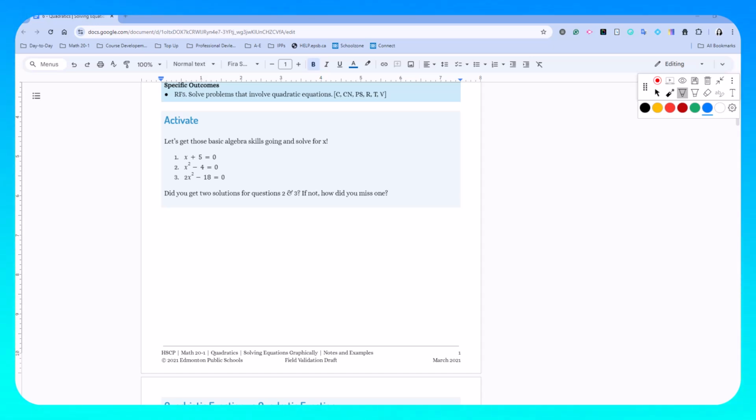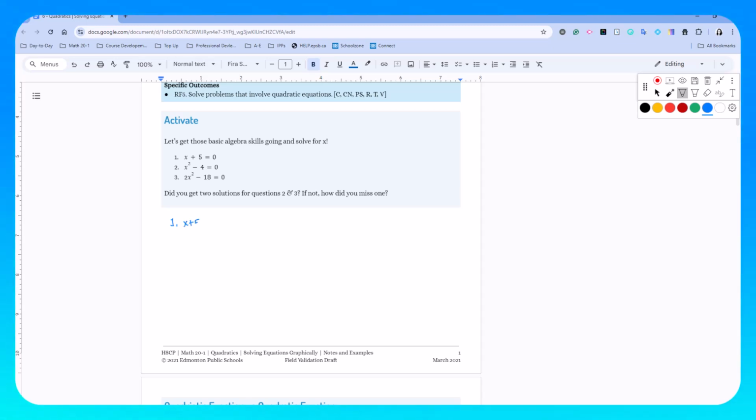Now to get started, let's get some of those basic algebra skills going, and we're going to start by solving these three equations for x. And what I mean by solve is isolate the x. So let's go. For number 1,